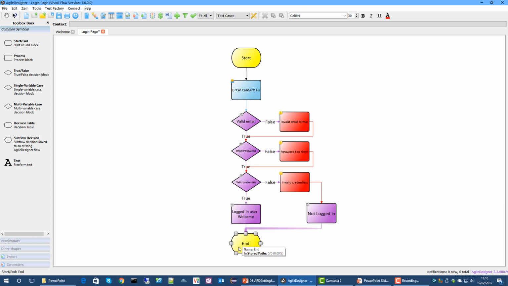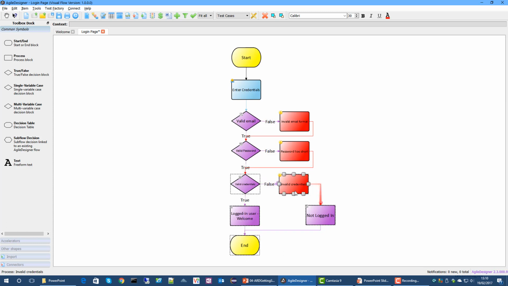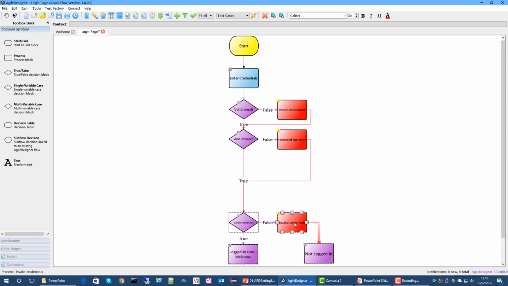Now, I need an extra process here just to help, so I'm going to make some space by moving these elements down again. Okay, I need another decision here